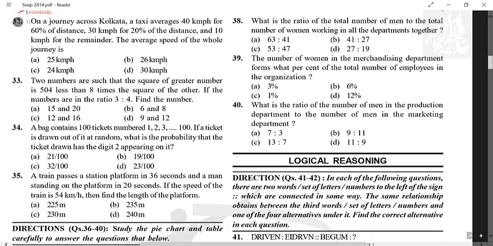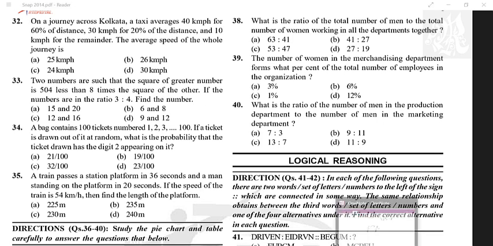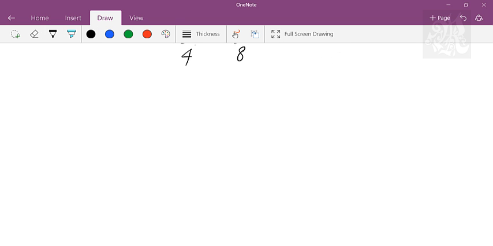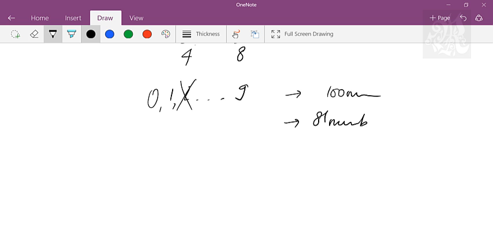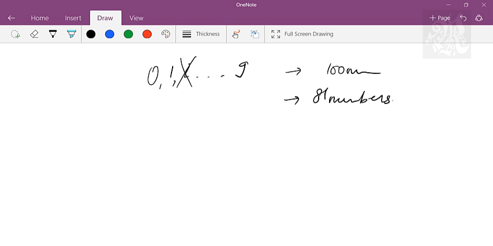Right, so moving ahead. So let's look at 34th question. A bag contains 100 tickets, 1 to 100. A ticket is drawn at random, what is the probability that the digit 2 appears in it? Now you've done this with me, that we have 10 digits and we have 100 numbers. If I remove one of the digits, I'll be left with 81 numbers, because your base reduces by 1. Alright, so basically we have 81 numbers, which means nothing but, there are 19 numbers where one particular digit comes